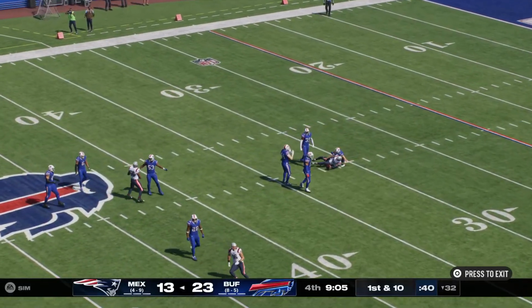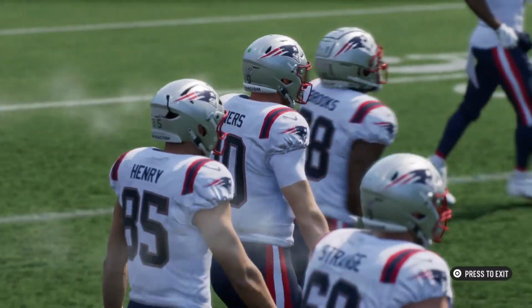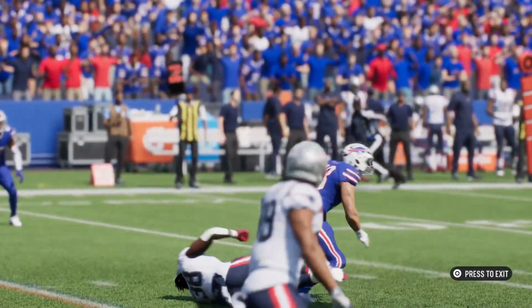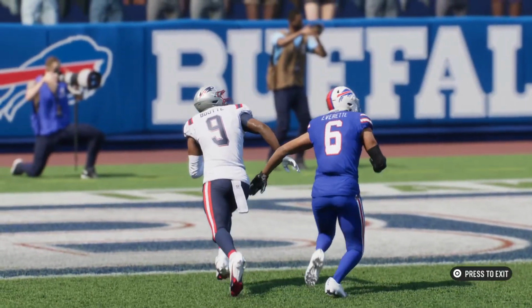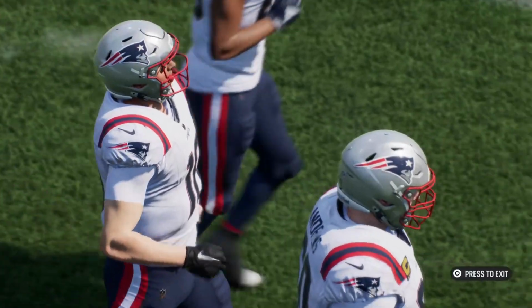Well, the Patriot offense back out, getting set to go. And this group has suffered far too many self-inflicted wounds thus far as we run through some of the mistakes. It's darn near impossible to win in this league when you're turning the ball over at the frequency that they have.